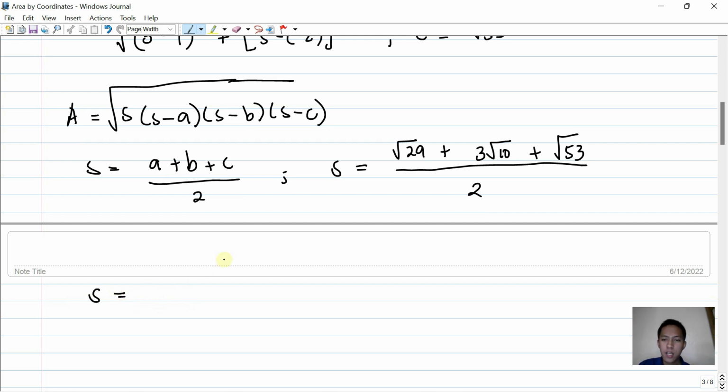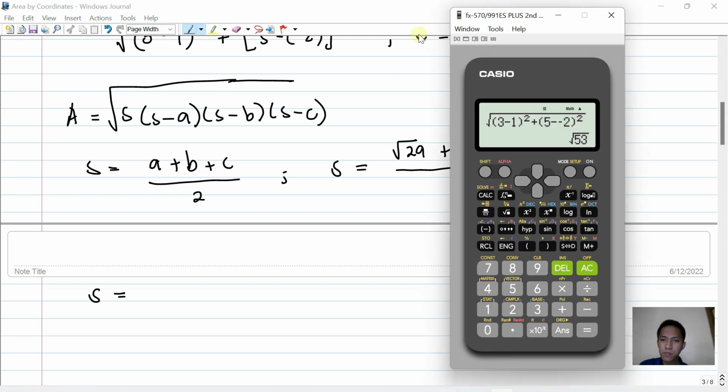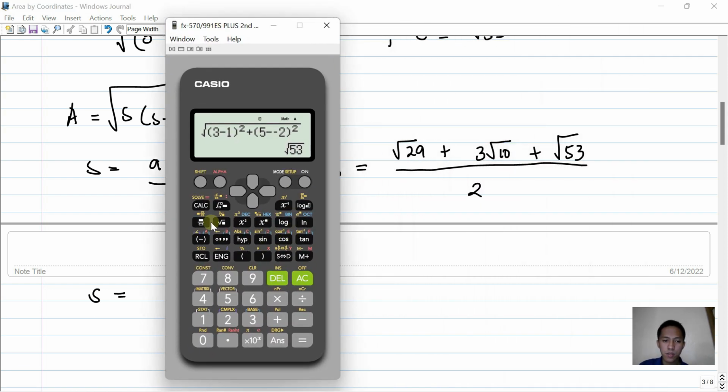So yung semi-perimeter natin guys is, okay, we can compute that using our calculator. So square root of 29 plus 3 square root of 10 plus square root of 53, all over 2. So equals 11.076. So itong value guys, para eksakto yung ma-input natin later sa formula for the area, i-store natin siya sa